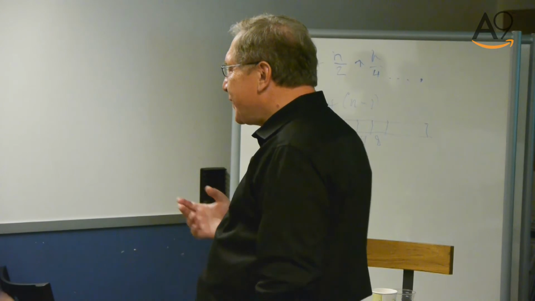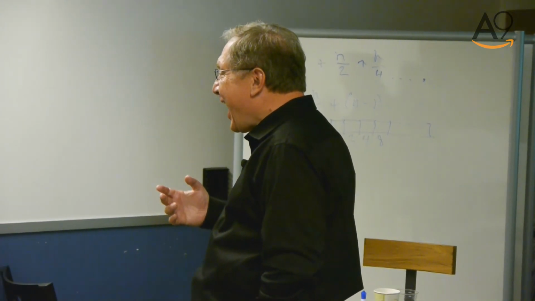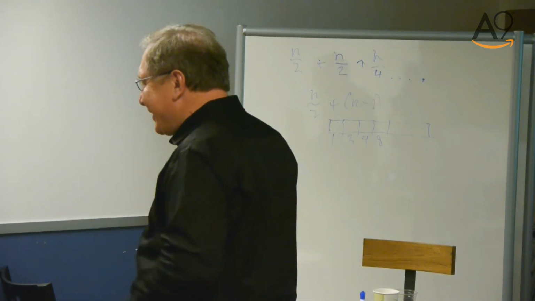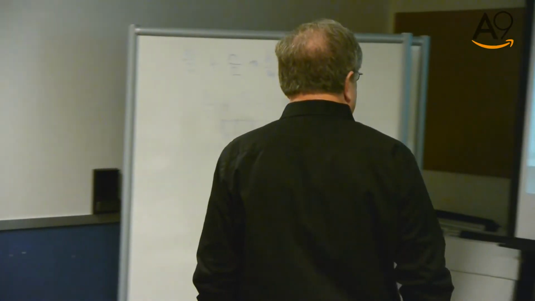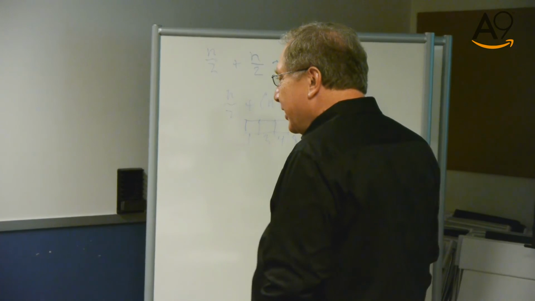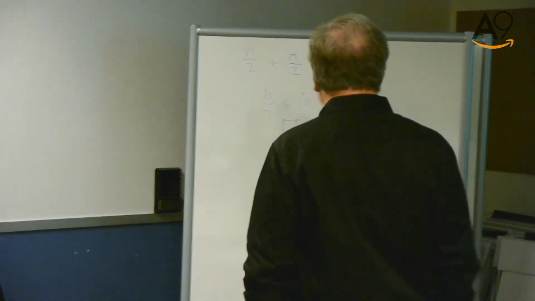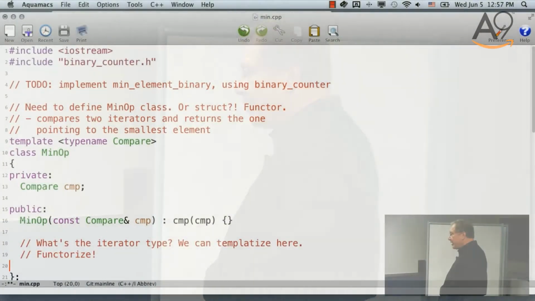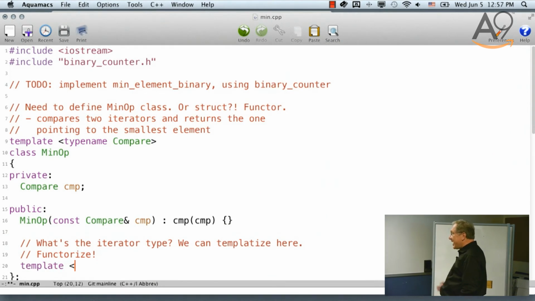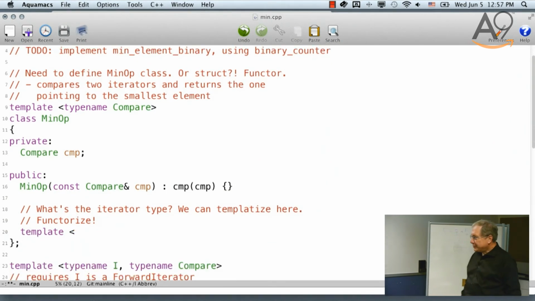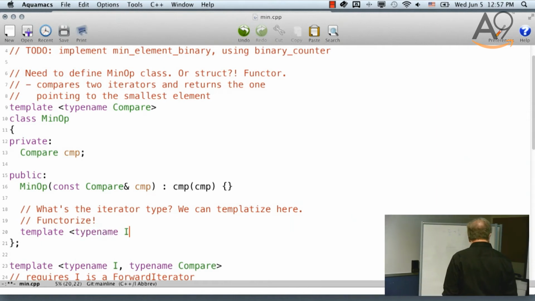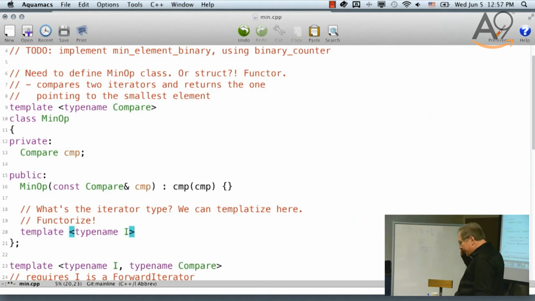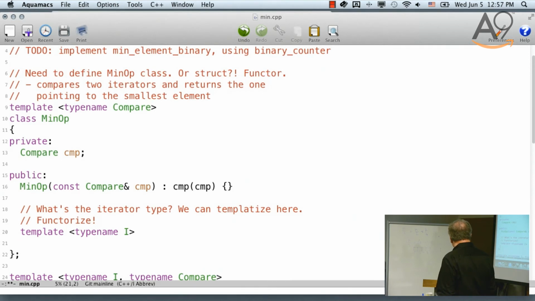You see, that's the beauty of it. We could templatize our application on it. We are functorizing the thing. Let me just help a little bit. We say template again, inside. You're going to have templates inside templates, and it works. So type name I, where I is some kind of an iterator. And then what's the syntax for